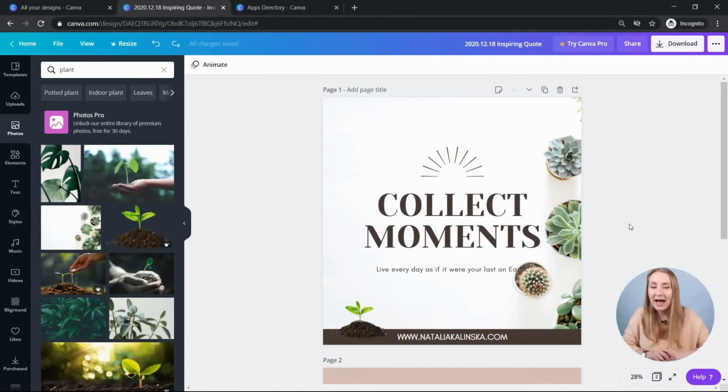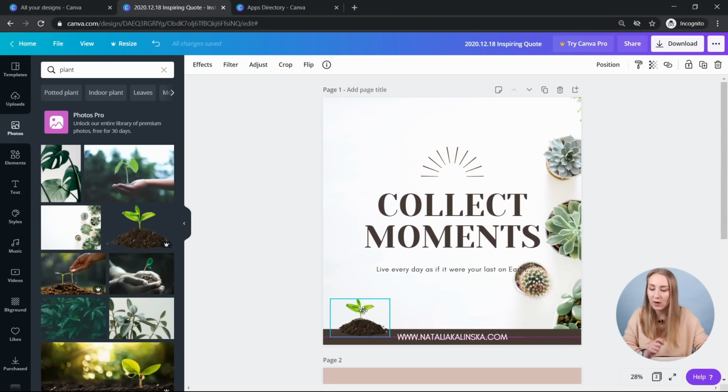So next, let me show you how to add photos and what you can actually do with photos in Canva, because just adding them is not enough. There are different tools, different functionalities that you can play around with. So let's say I'm picking that particular one. So I've dragged it in here. You can see I've searched for plant, and you can see that I've got another neat one. So this is the PNG, the transparent background one. So I'll just add it in here.